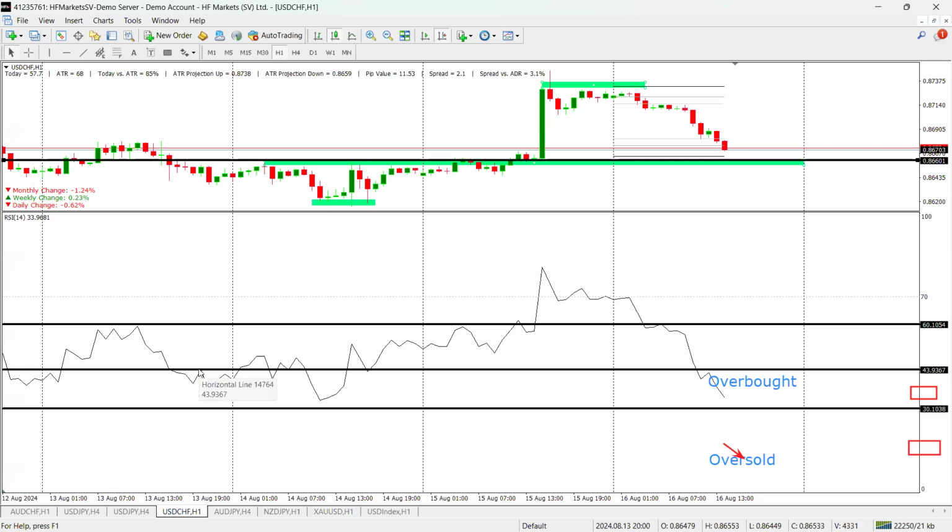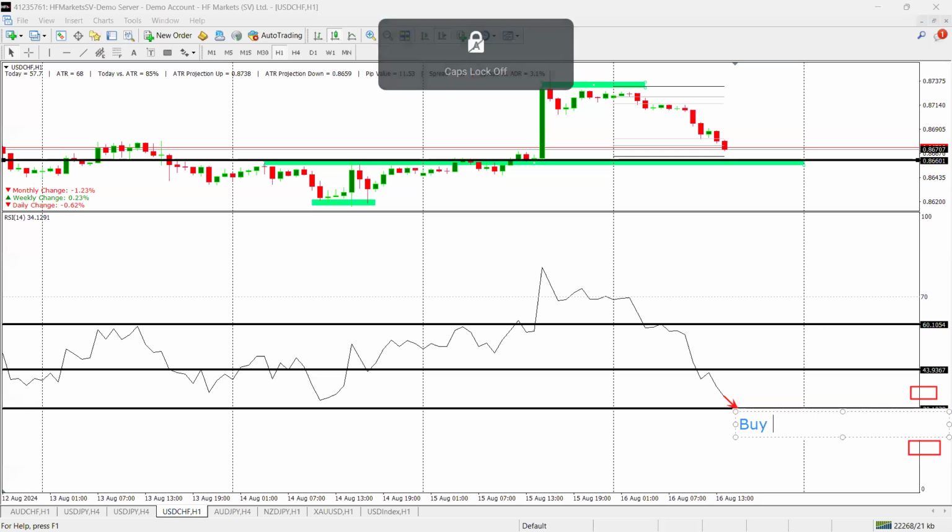This was a level that was resistance at this point, then it became support somewhere around here. You can also see it was a level of resistance around here, which means if I was interested in a buy from RSI's lower oversold level, for example, maybe I was looking for a buy here,